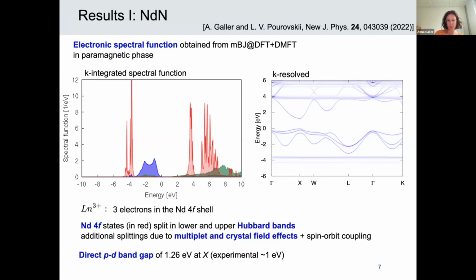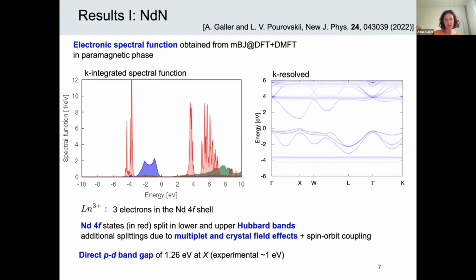And in order to see the optical gap, the band gap in this material, it's better to look at the k-resolved spectral function in the right panel. So there you can see that we have the direct optical gap at X. And if you measure it, it's around